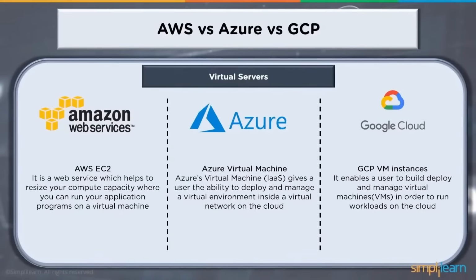So sole tenant nodes give you access to the same machine types and virtual machine config options as regular compute instances. So there are different options which Google Cloud offers when it comes to these instances, and it takes care of different use cases in comparison to other cloud providers which are also offering these services,